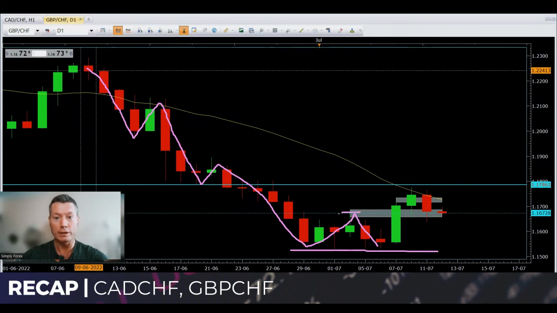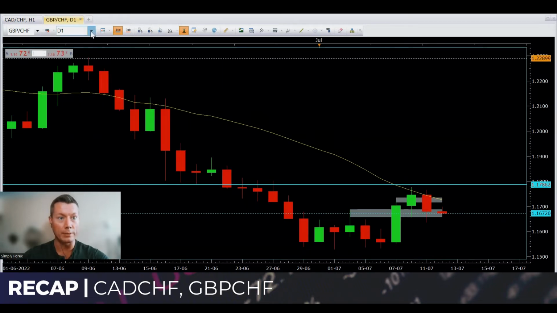Okay, and then eventually this high was taken out with this large green candle. Okay, so as soon as this high here is broken, we don't have a change in structure, we have higher highs. Okay, so we were trying to take longs from this candle. Admittedly, I would like it to be a little bit more bullish and no wick at the top, but nonetheless, I still thought price would come back up to this blue line at least. Okay, and as you can see, guys, that didn't happen. But let's see in more detail what happened on the H1.